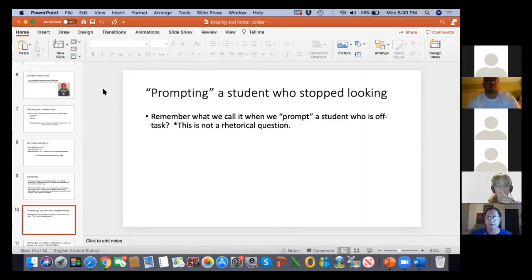Someone chimed in: I was just thinking about the redirection part. It just drives me crazy because I'm in early childhood and everyone always says they use it as an intervention, or I use that, and most of the time it's stop doing that, get down.